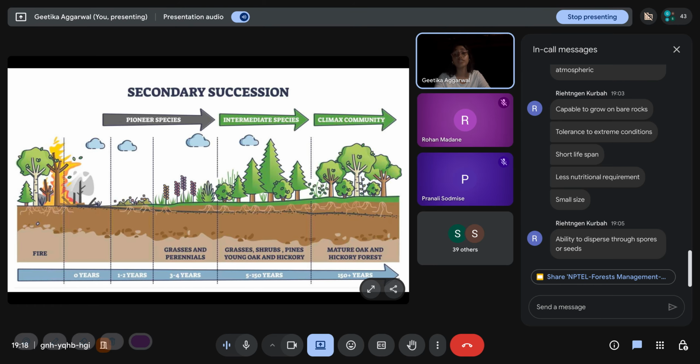Then you come to secondary succession. As discussed, it starts with some sort of a disturbance. For example, there was a forest, but then a forest fire happened, and now that area is completely fallow. There's no species left there. Everything is burnt to the ground. Then pioneer species come here. But because this is not starting from rock, and some soil is already present on which the earlier species were there, the colonization is a little bit easier. So it starts not with lichens but with smaller grasses. Then eventually there are bigger grasses and perennials. Then you have the intermediate species, and then again the climax community. So it's a little bit faster than the